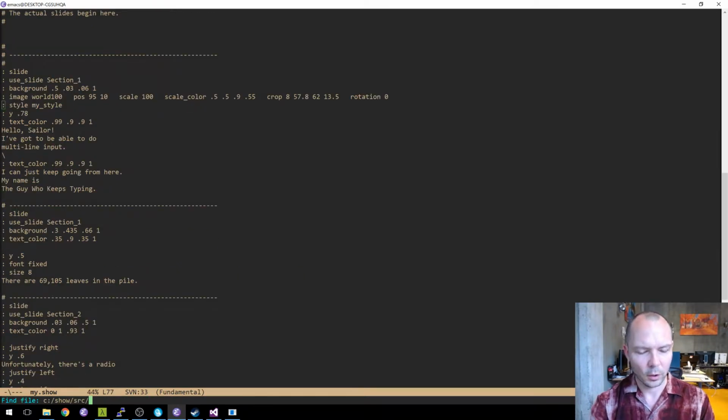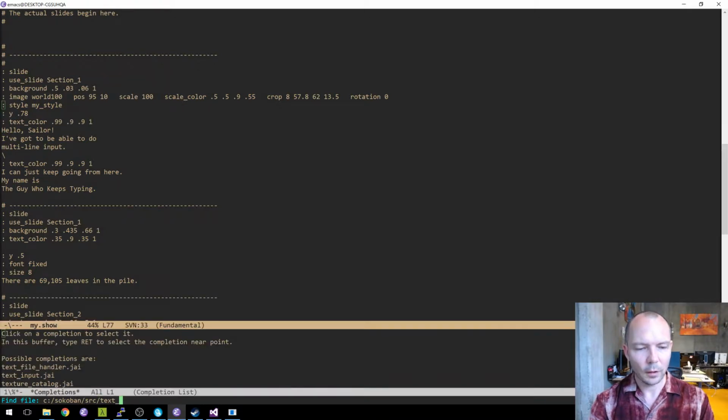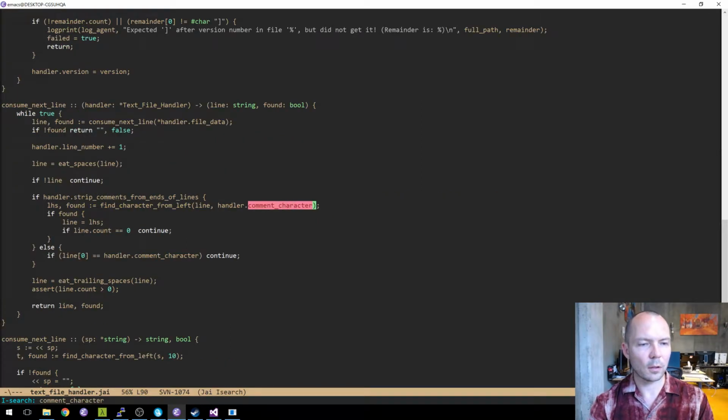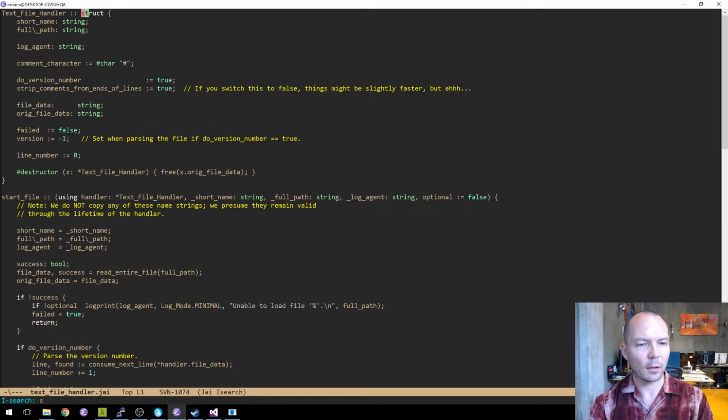Oh, that's going to be in Sokoban because we're stealing its code. Text file handler. And, oh, we already have that. Strip comments from ends of lines.